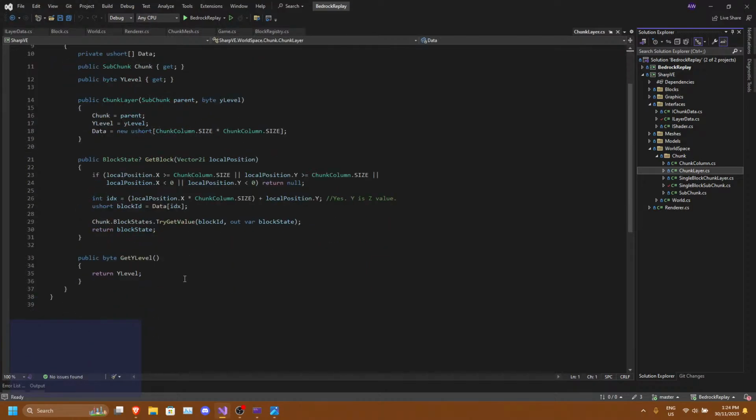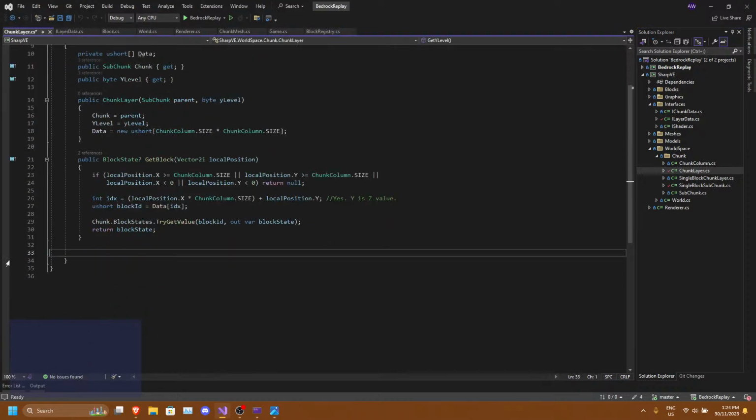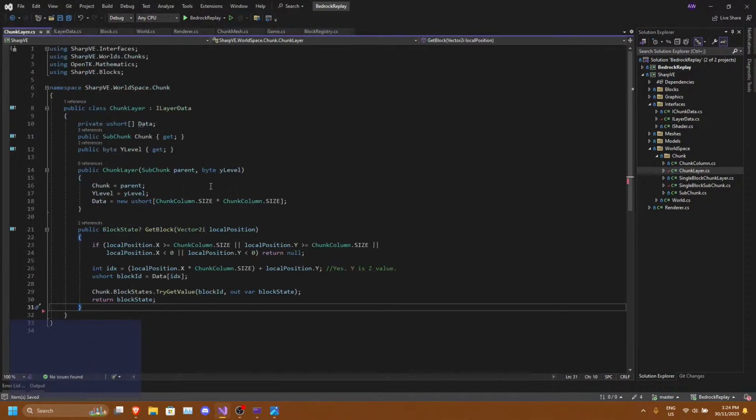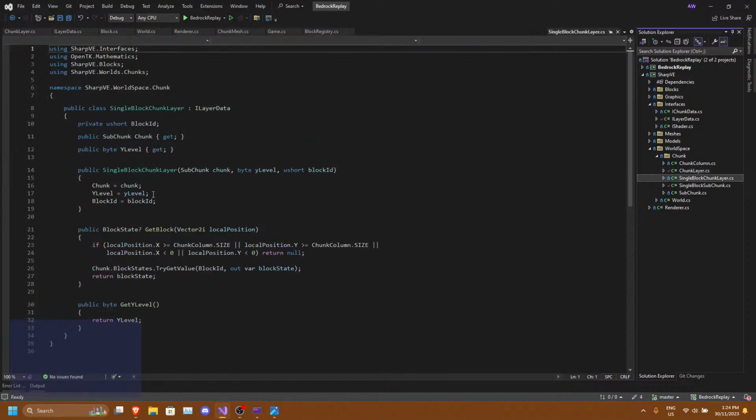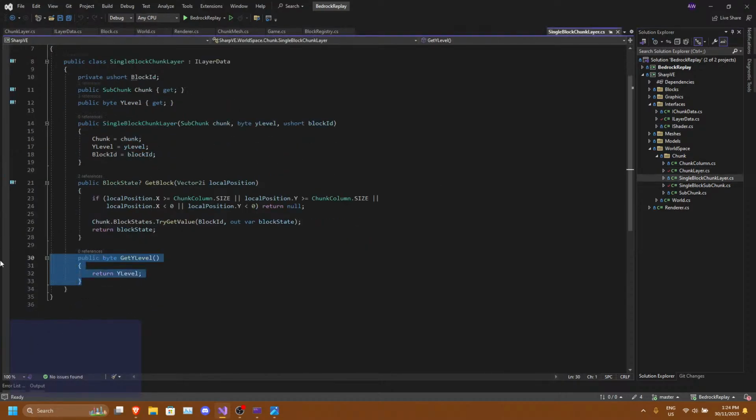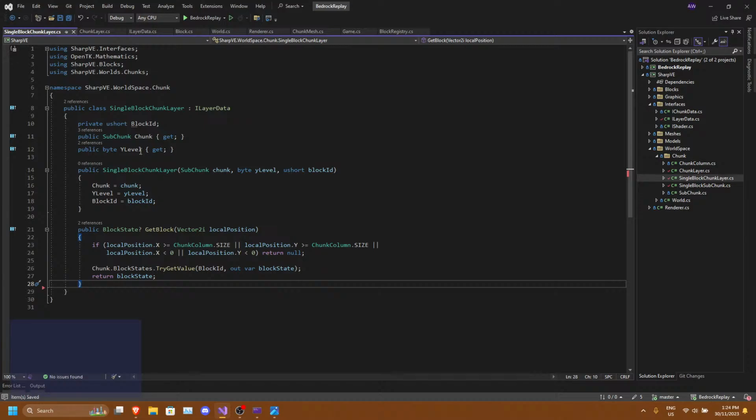Then we can change chunk layer from get Y layer. And then we can just straight up get the Y level. Same with the single block chunk layer. We can just remove that. And then we've just got the Y layer, Y level. Okay. Cool. So, now that we have that,